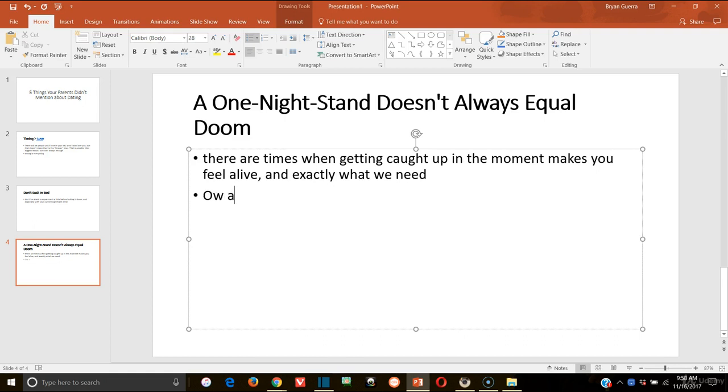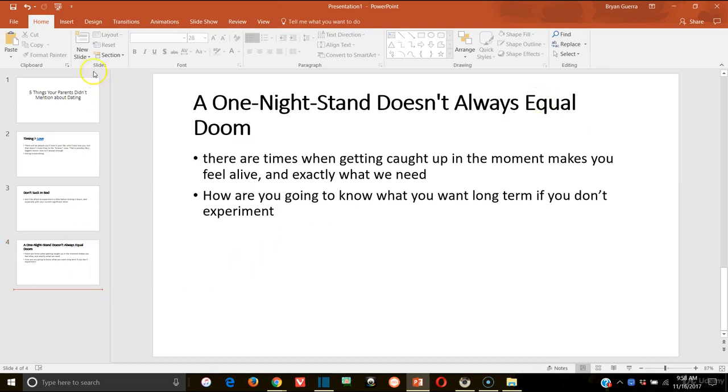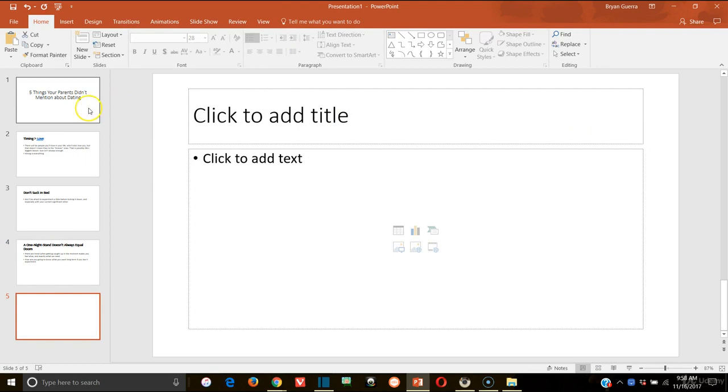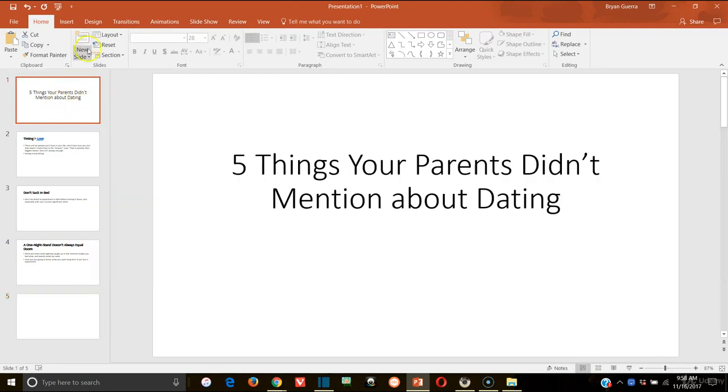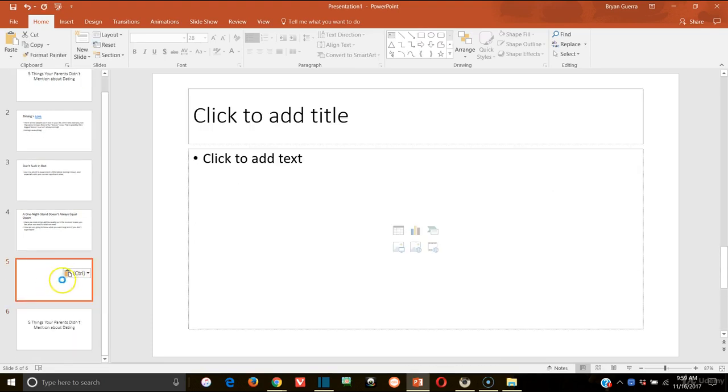How are you going to know what you want long term if you don't experiment? I don't even know if that's something I'd want to put on, but just for example, I'm going to put it here. Okay. And then the last one might be, I'm going to duplicate this slide actually. Where's duplicate? Copy. Paste. And we are going to simply put,